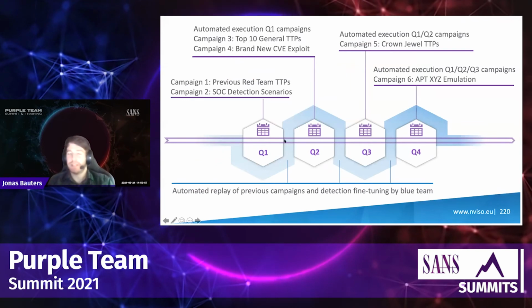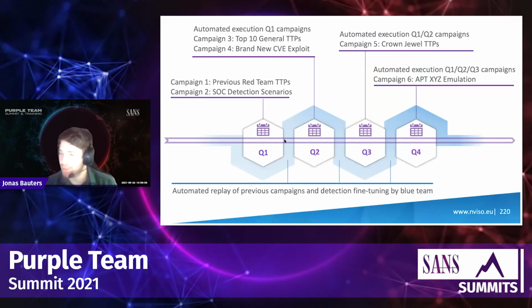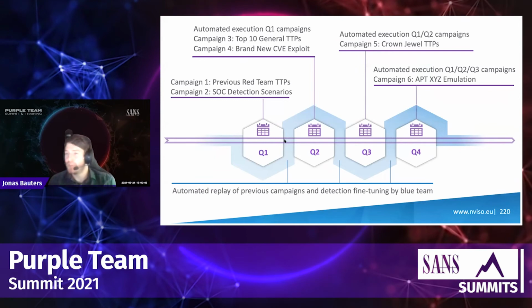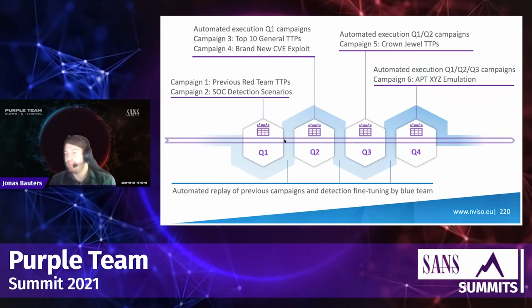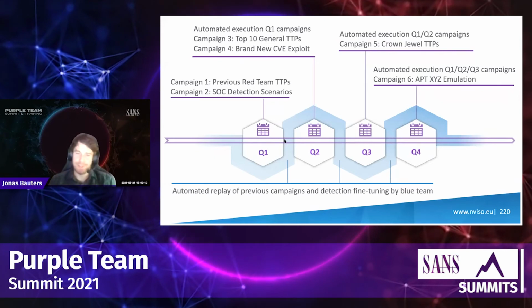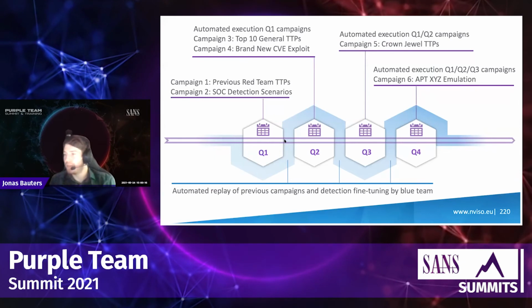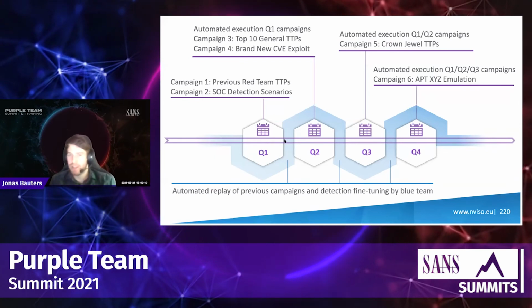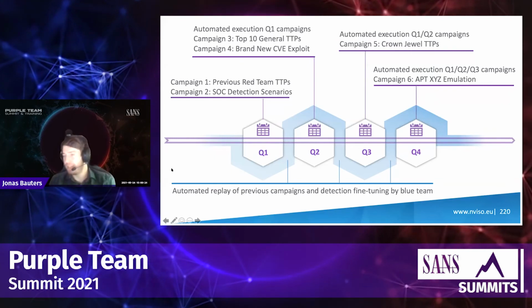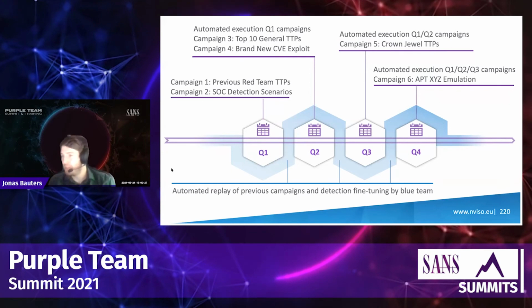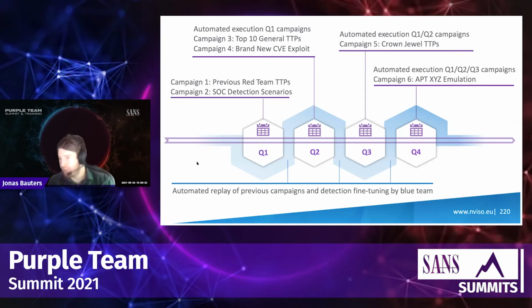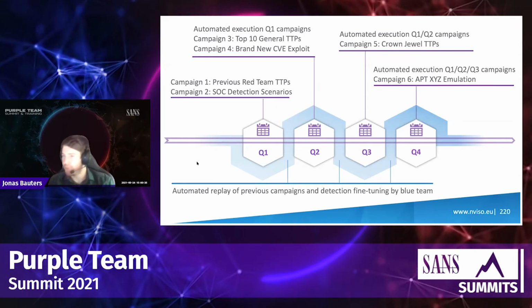A more practical example of how we implement this continuous purple teaming. So we, from the point of view of a consulting company, how we have implemented this at clients. So purely continuous is very hard to accomplish, would require a lot of time investment from both parties, so both from us and the client. And often they cannot assign this amount of time to their SOC or blue team for continuous purple teaming. At least not if you want to try different techniques every time continuously.